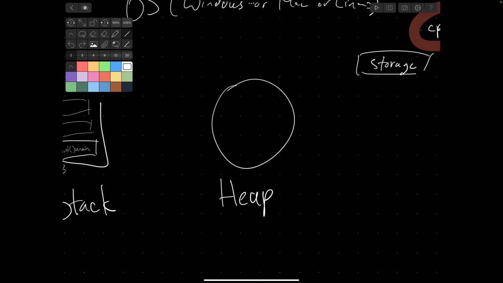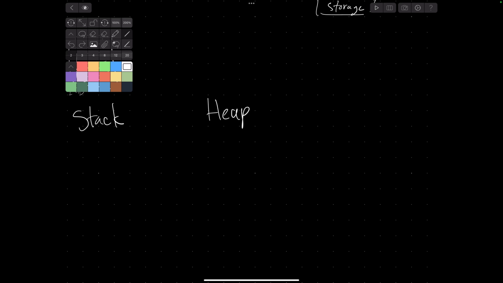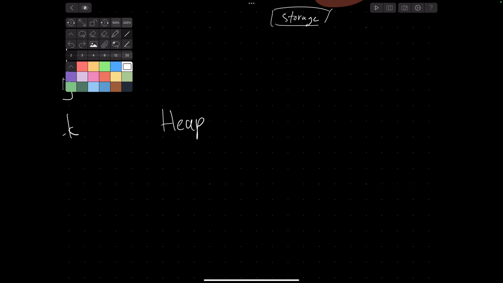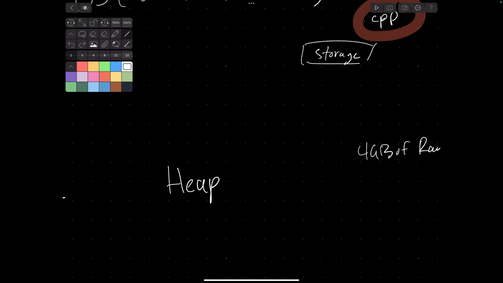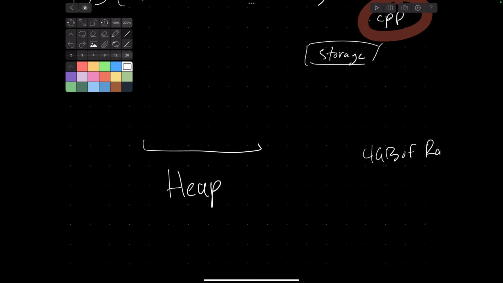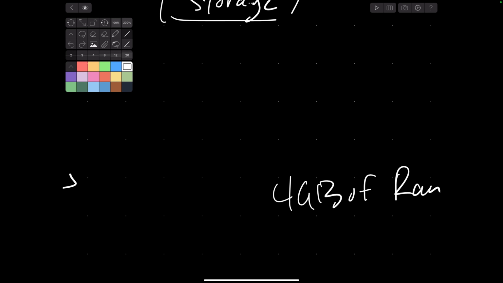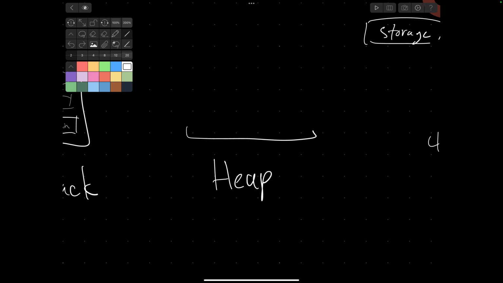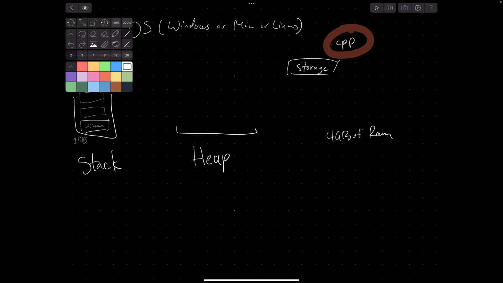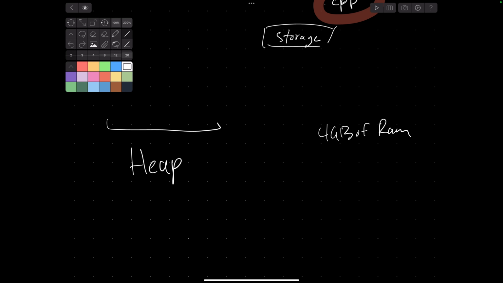So the way that I understand it, let's say you have about 4 GB of RAM. Your heap is what helps your program access these 4 GB of RAM. And these 4 GB of RAM have something called memory addresses. So kind of like a map, like your RAM is mapped out. So if it wants to access